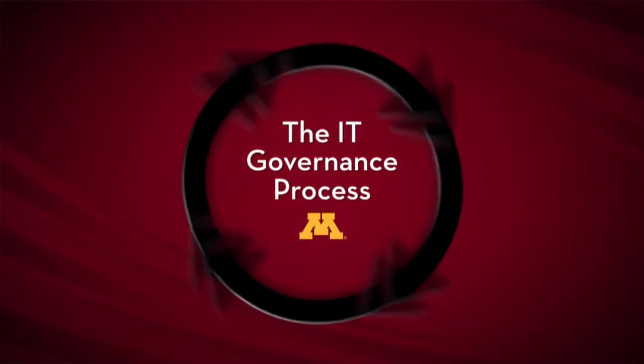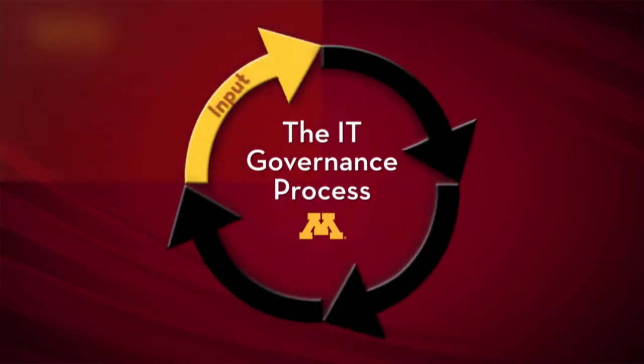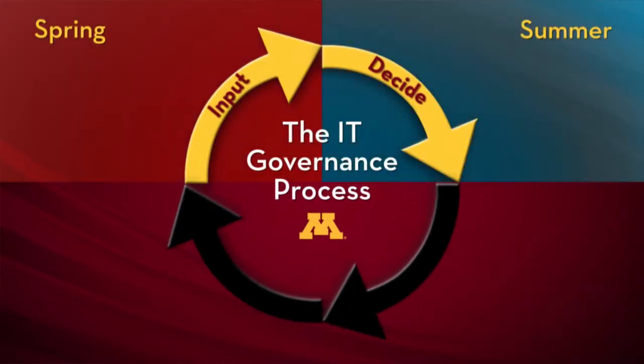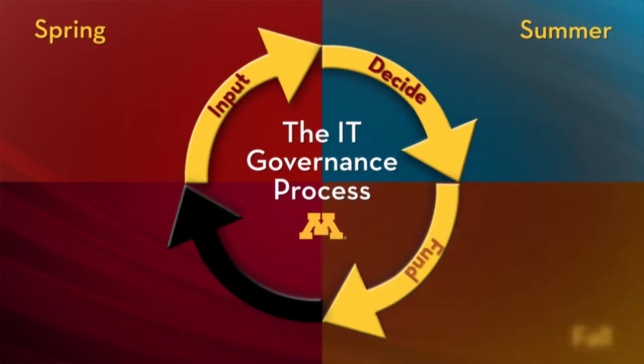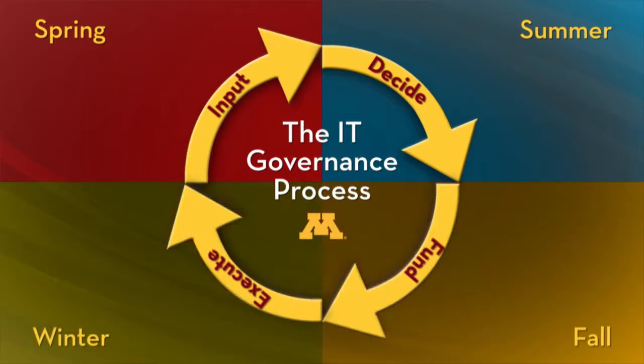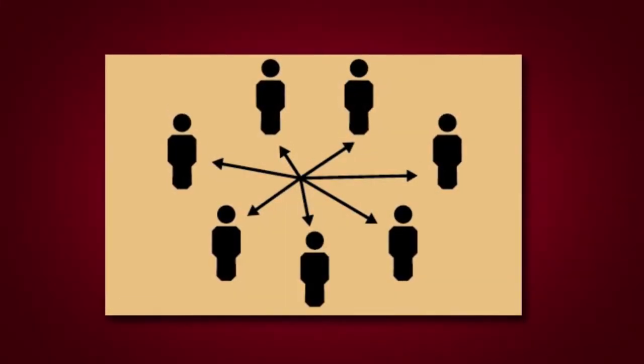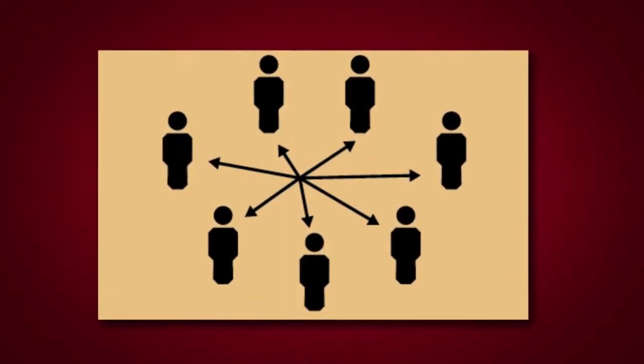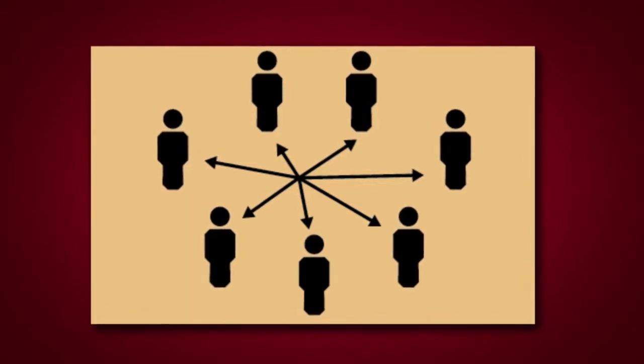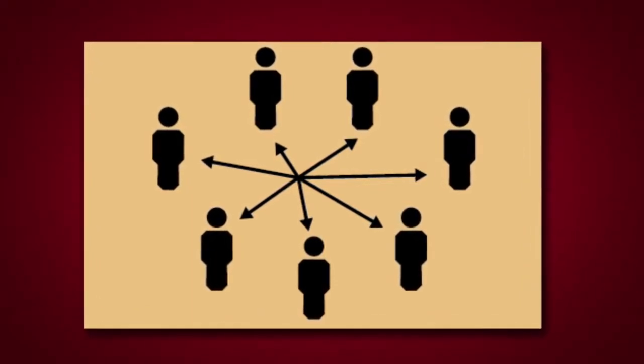This is an annual process where we go out and collect broad community input. We synthesize and distill that down to the essence of what the community's asked for. And then we meet with the deans and other leaders at the university to establish a final list of priorities. Following all those activities, we create new formal communities of practice based on the interests and priorities from the university. So the IT Leadership Community of Practice has been able to complete 2 full cycles of the IT governance process at the University of Minnesota.